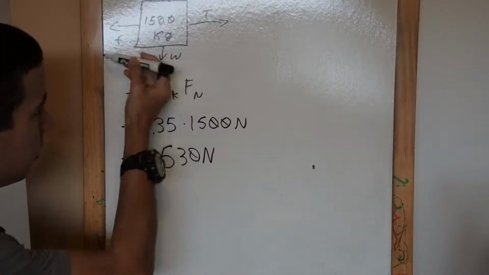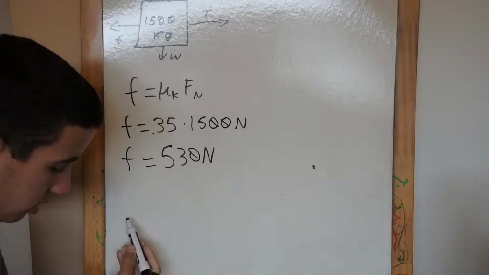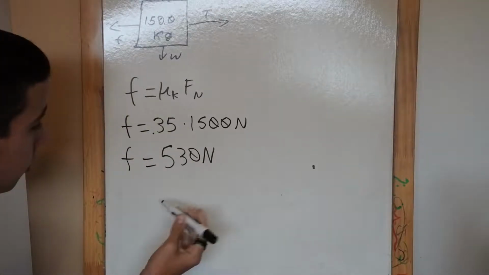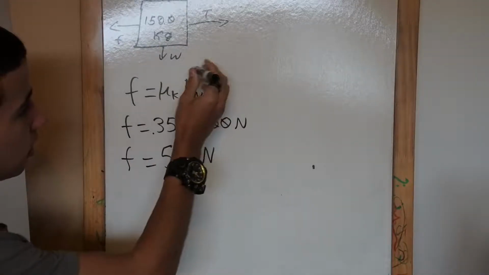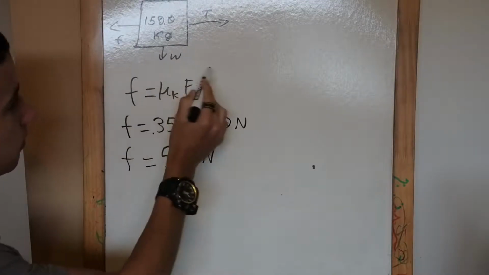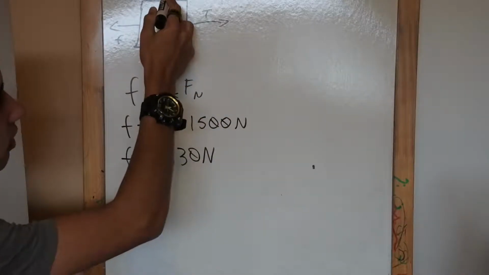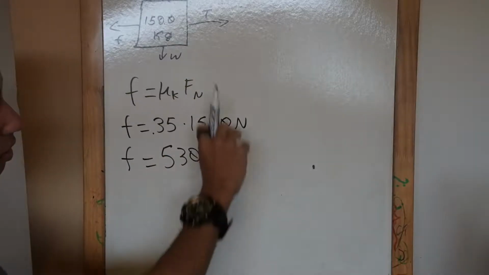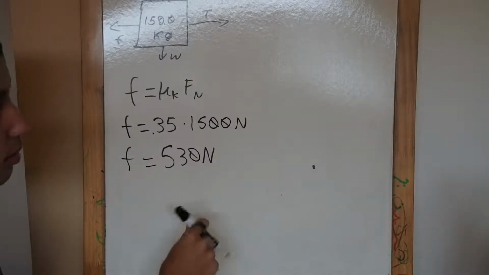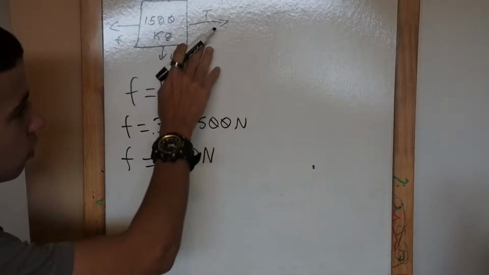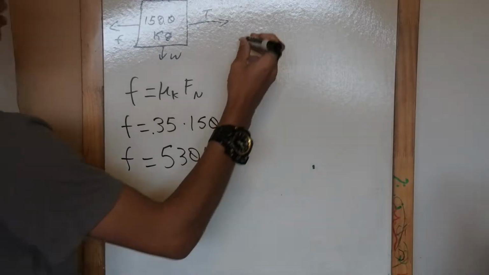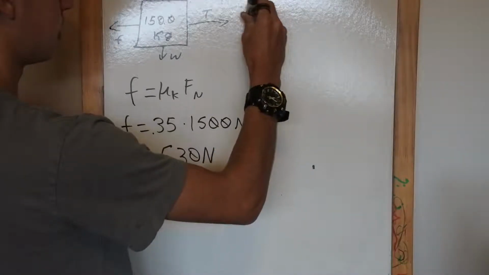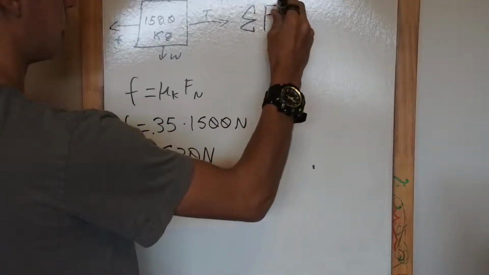So now we already have F going this way. Now we need to sum up these forces. And what we're going to have is, we're only going to be looking in the horizontal dimension, the F and the T, because up here, there's no movement. The box isn't going up, it's not going down. The box is going to the right. It's being pulled this way by the string. So, we're going to have the sum of forces